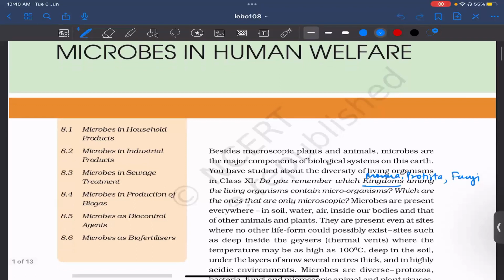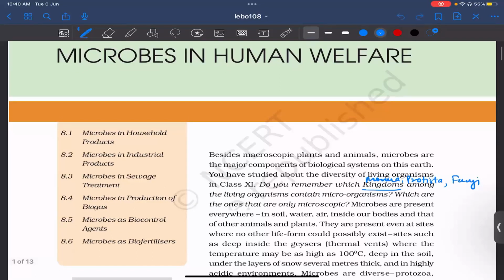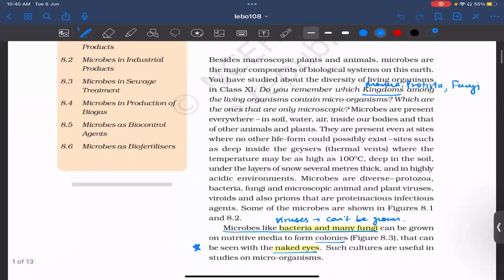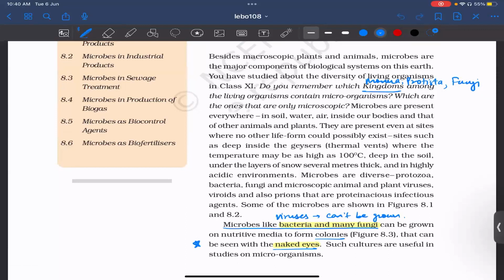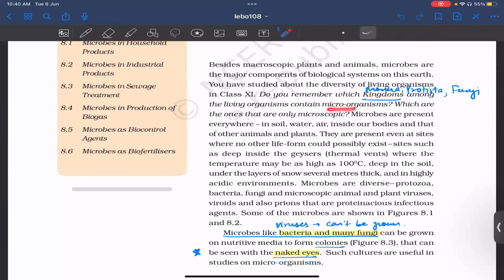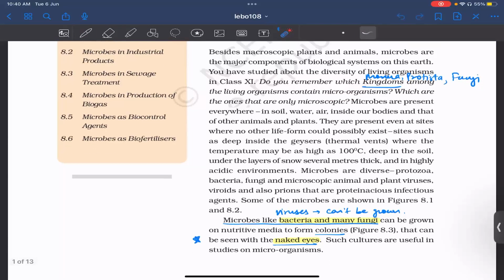On the first page, there is nothing much. Basically, they have asked which kingdoms have microorganisms. So those are Monera, Protista, and Fungi. Bacteria and fungi can be grown on nutritive media to form colonies, which can be seen by the naked eye. Here, the word naked eye is important, because viruses do not possess a proper cell structure, so they can't be cultured on culture